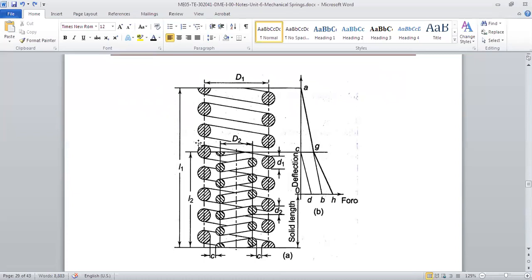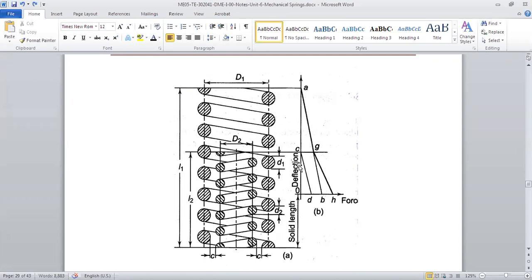So delta is equal to P upon K, or K is equal to P upon delta, right? Now when the deflection of the outside spring is L1 minus L2, both springs will have a length of L2, and the stiffness is K equal to K1 plus K2, and accordingly the deflection will vary. What happens if we take only the outside spring? The deflection is AB as per this diagram, and the stiffness is force upon deflection. So AB will be the stiffness of the spring.